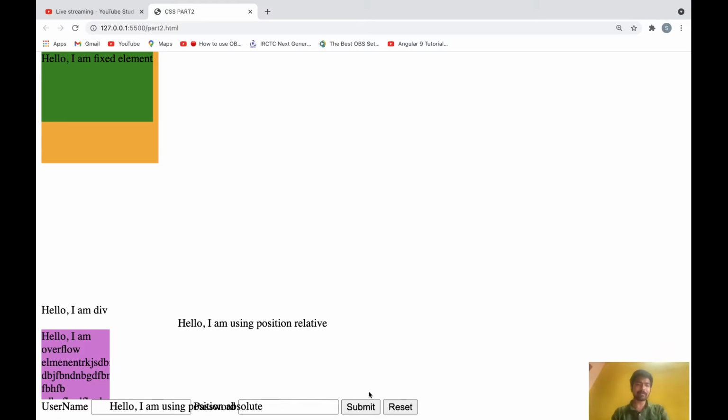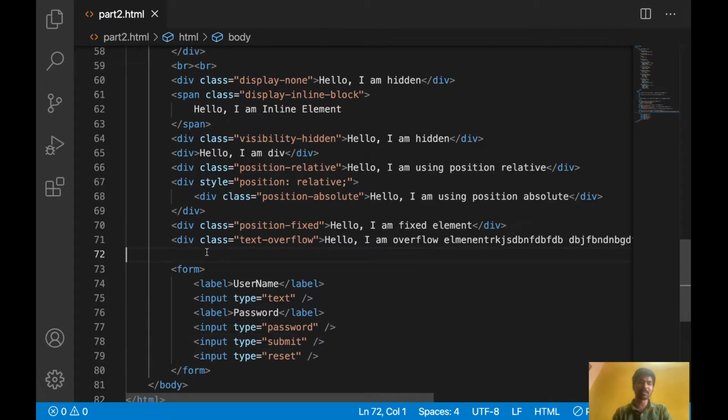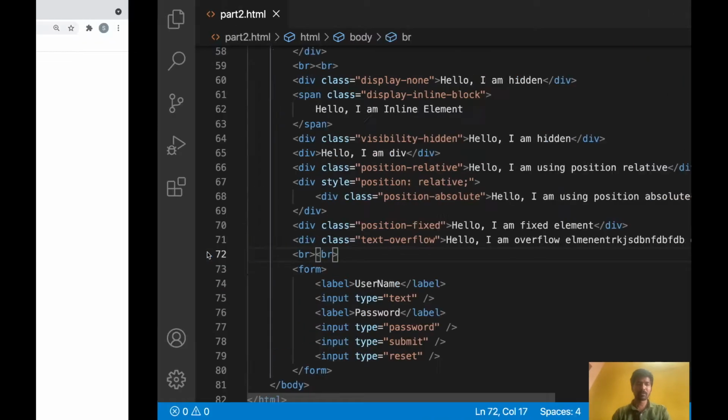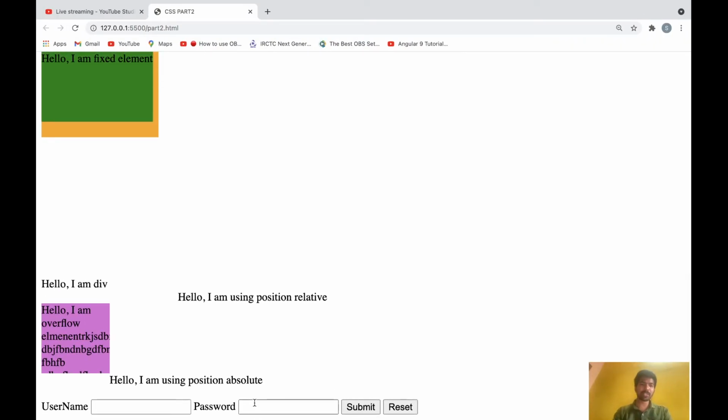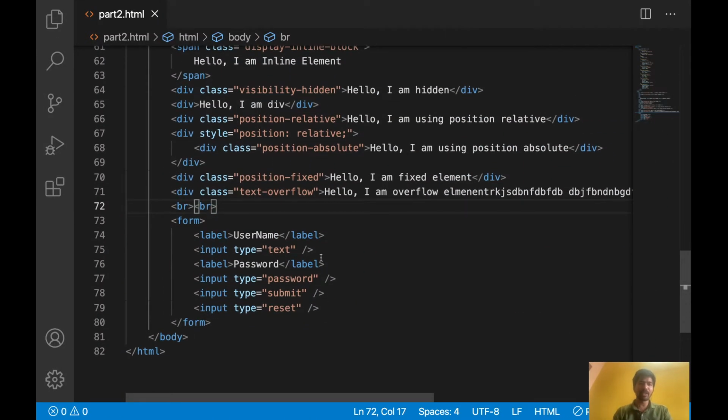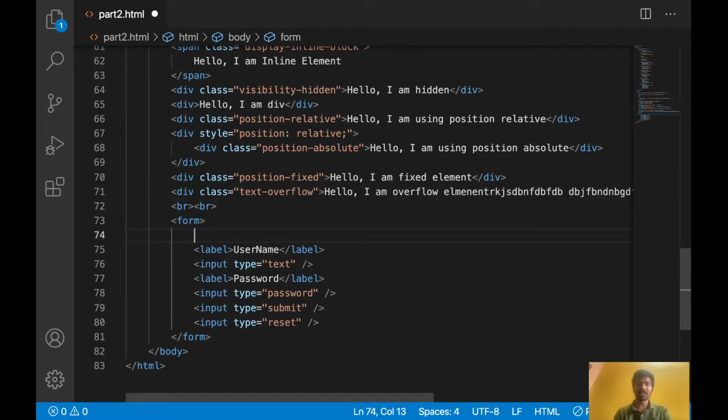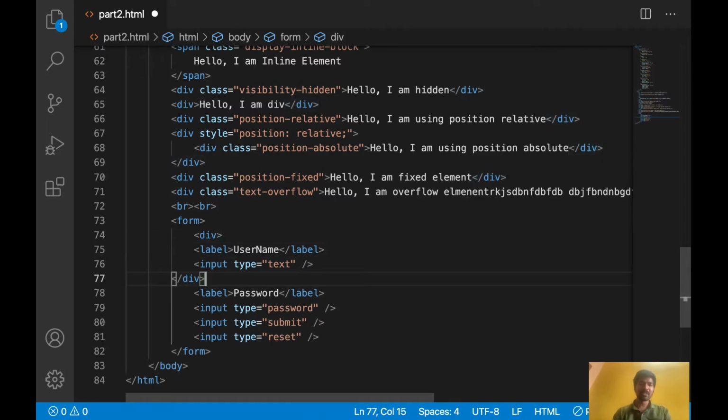Okay, let's give some breaks here before the form. So it is coming now. If we want this to come in a new line, either we can use the break or we can keep this inside a div. Anything is fine. Let's put this inside a div. Div is a block level element that will start on a new line, so other elements will not be allowed beside it.